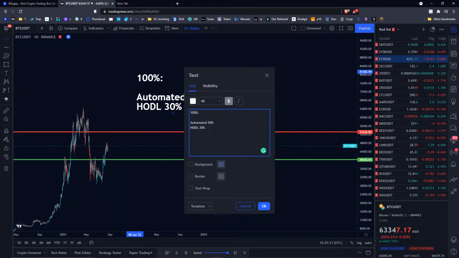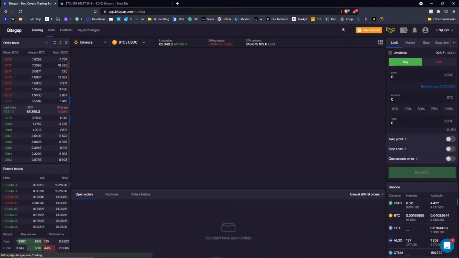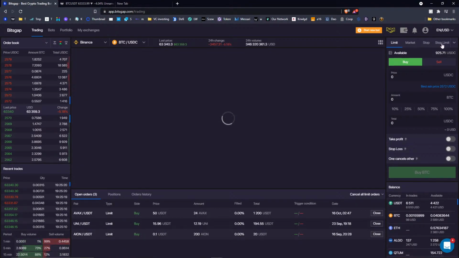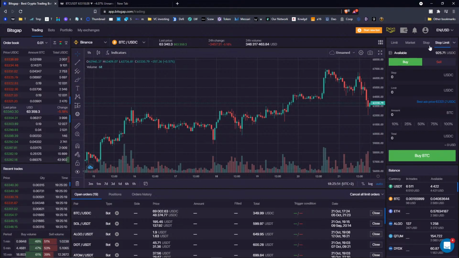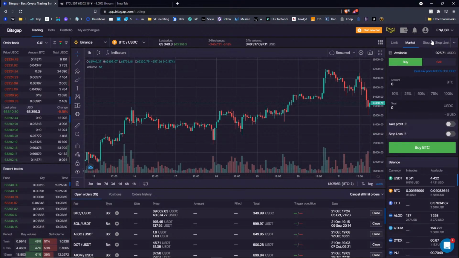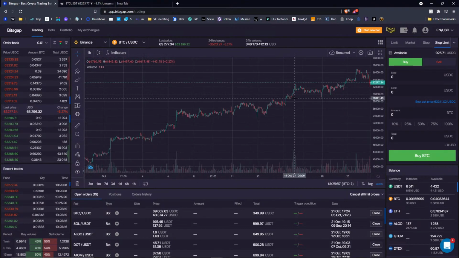Well, most likely. And manual trading, and by manual trading I mean this section here. You go to trading, and here you manually set all of the buy and sell orders. That's what I call manual trade. Well, you can also call it smart trading mode. So here you just play on your own.